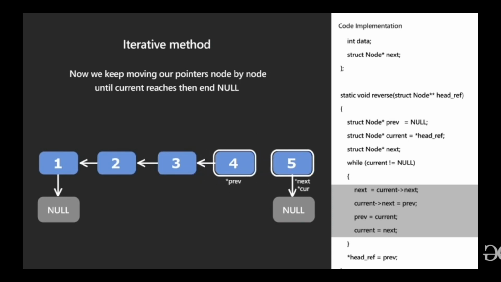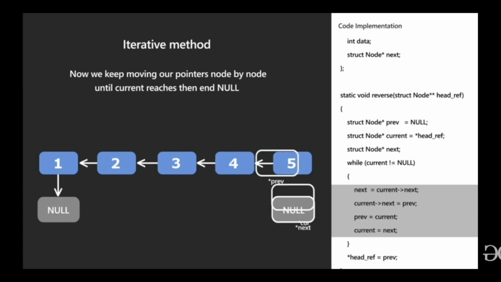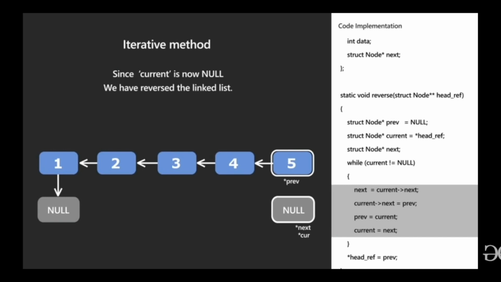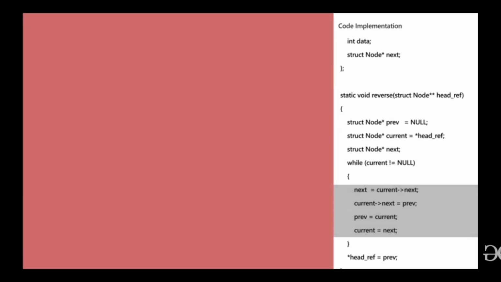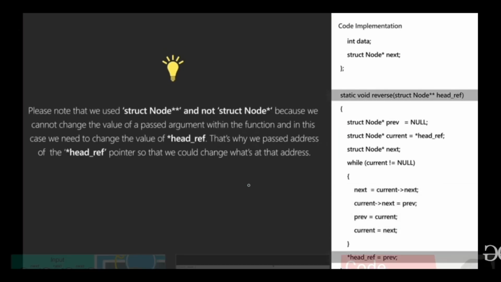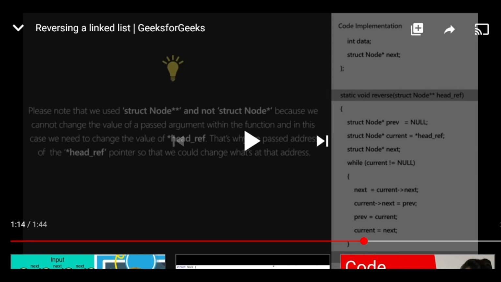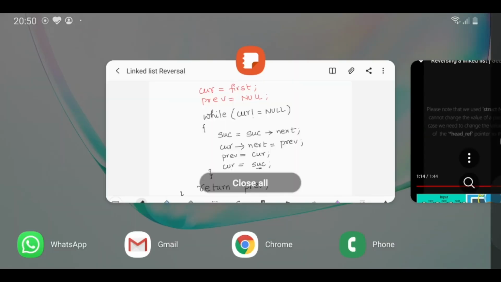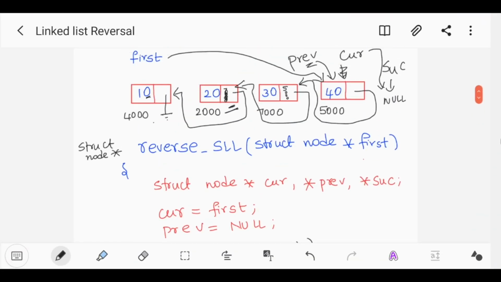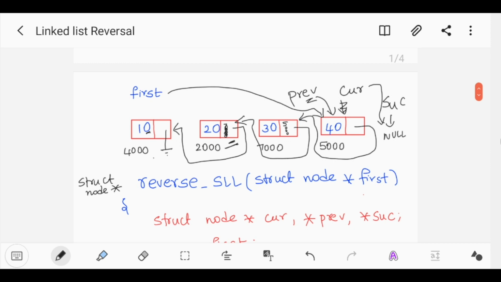And the last part, when you come to the last node, you have successor becoming null, current also becoming null, and that is when you stop and you have reversed the list, right? And we should also make sure that the first node is updated, would get the new value of the new first of the linked list. I hope I made it clear with this video of how a reversal would occur for a given linked list,